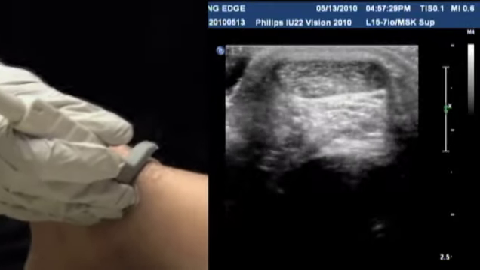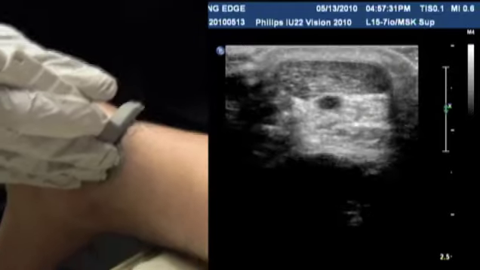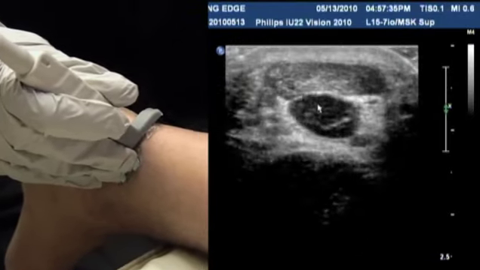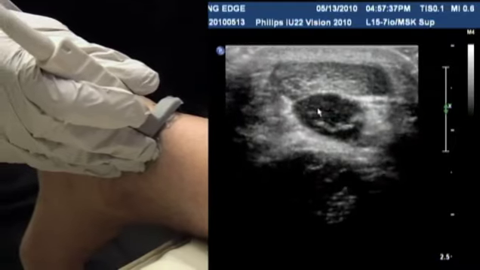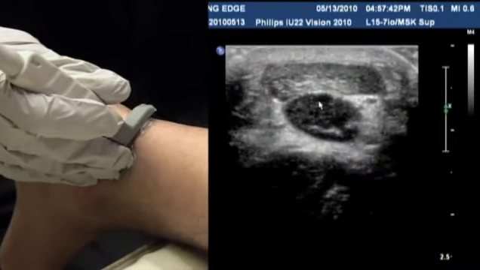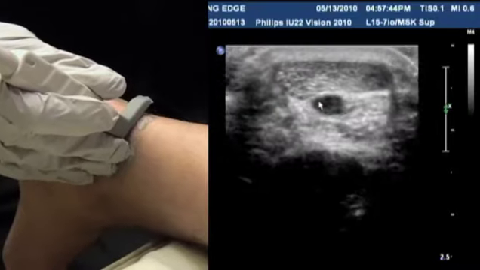You're going to be scanning up and down, going proximal, or more towards the head. What you see appearing below is just the muscle belly. That's normal. Muscles always appear a little bit darker than the tendon, and you can see that difference between the tendon and the muscle. As you start to scan down a little bit lower,